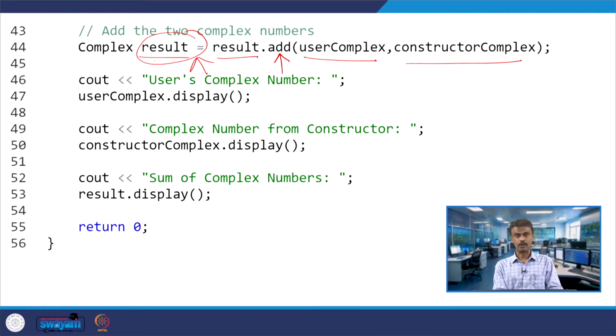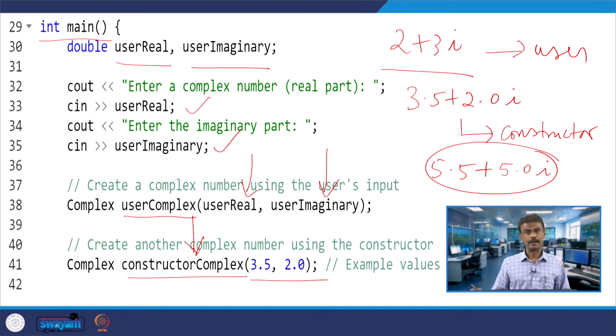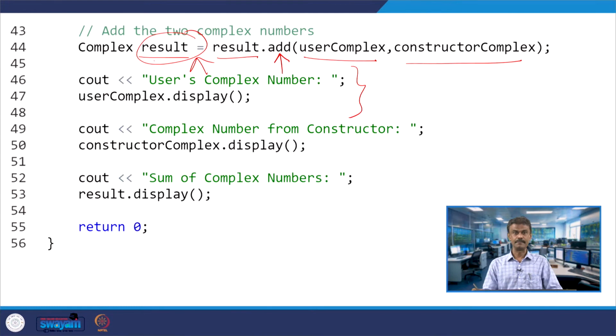So the result has real part and imaginary part. Now see, our user complex number you are displaying. What is the user complex number? Let us say 2 plus 3i. Suppose 2 and 3 are the input, 2 plus 3i will be displayed, and the constructor complex will be displayed. Now, the sum of these two complex numbers.